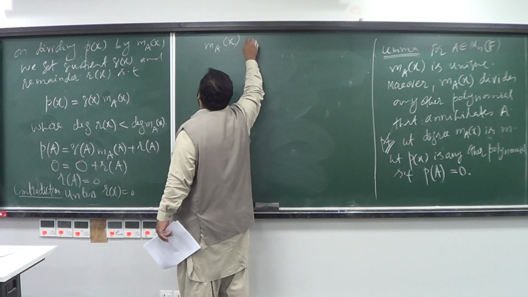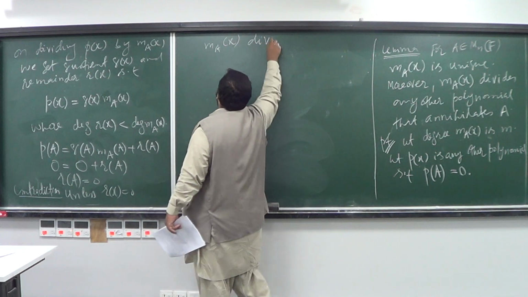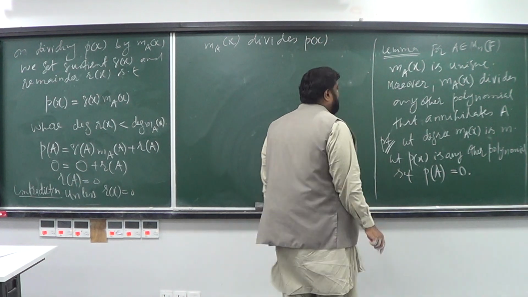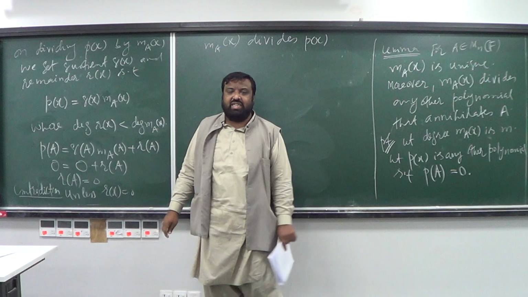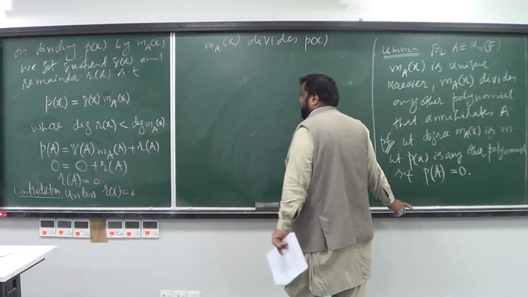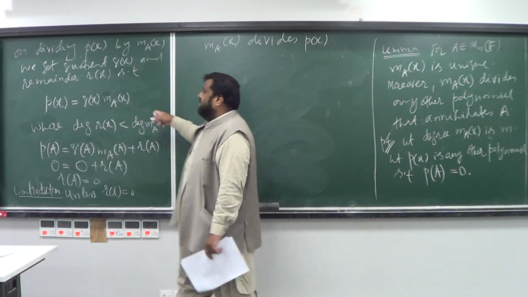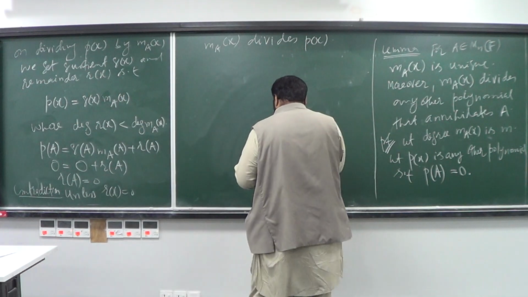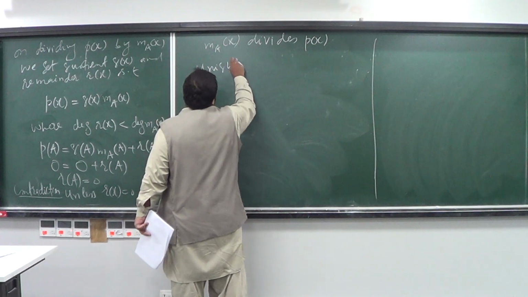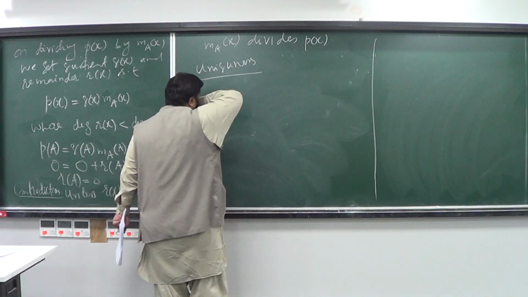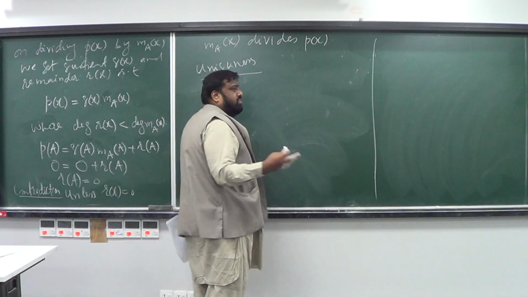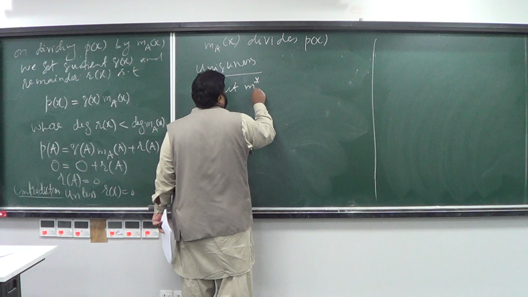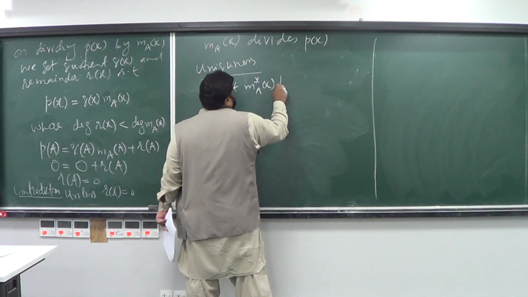So what was P of x? P of x is any other polynomial that annihilates A, and we proved that the minimal polynomial must divide that polynomial completely. Okay, let's prove the uniqueness. In order to prove the uniqueness, we need to assume two minimal polynomials. So let M star A of x be another